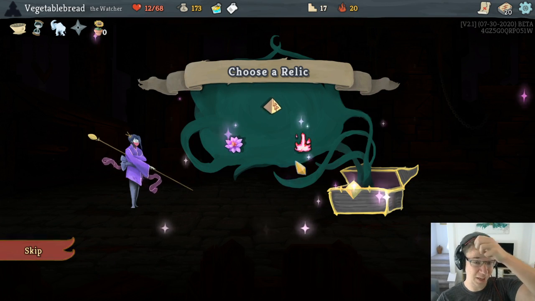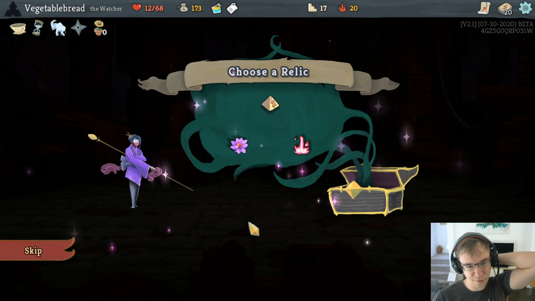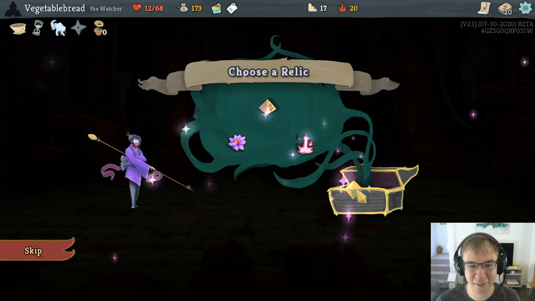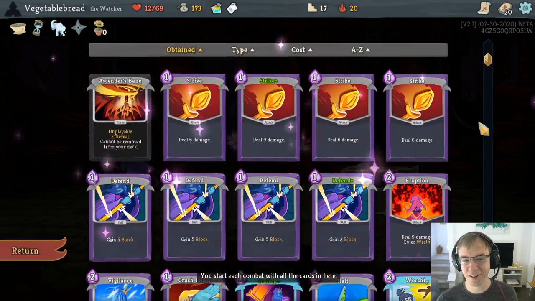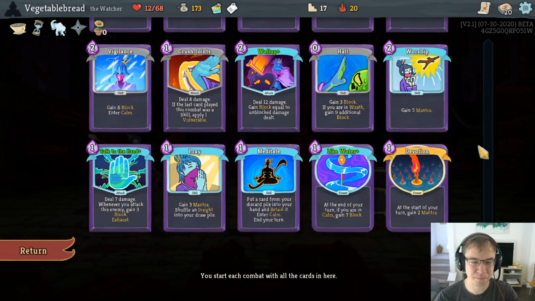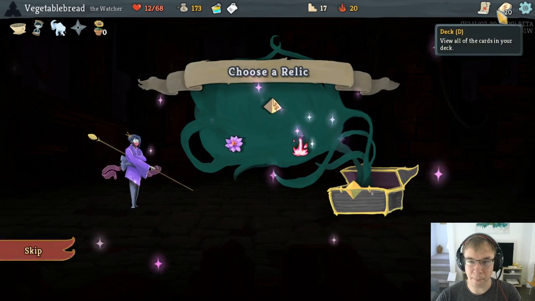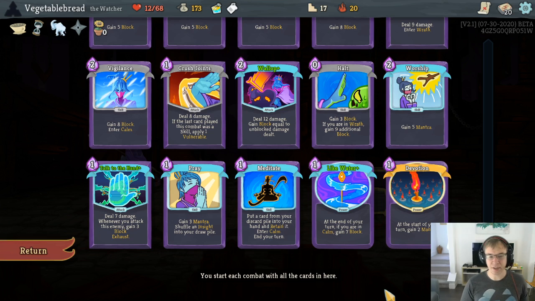Fusion Hammer would be kind of disastrous, because then we would have nothing to do at rest sites. And that's a fairly important resource to have in the game. We would just be able to recall once and then hope we found a shovel. So that one's not happening. Runic Pyramid isn't amazing because we already have Meditate. And,